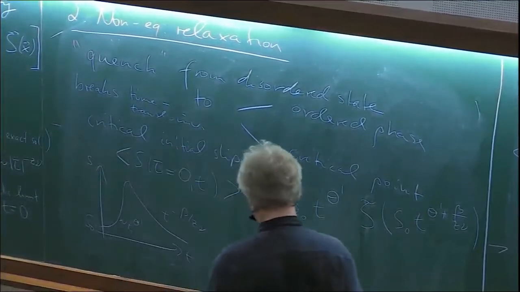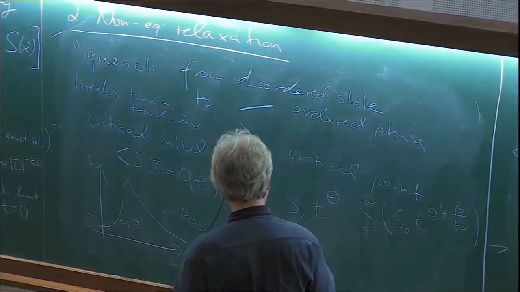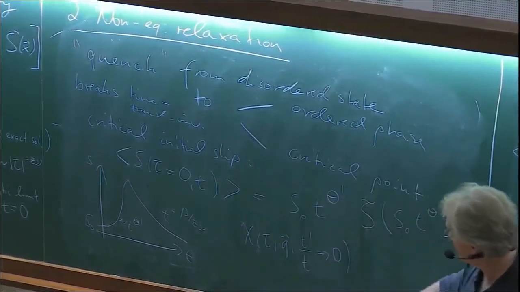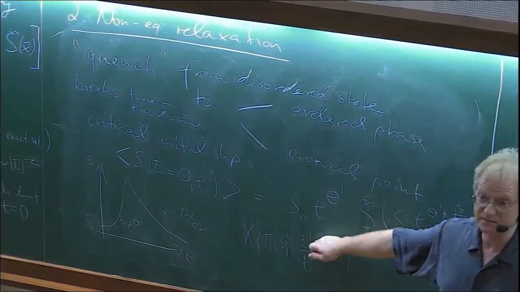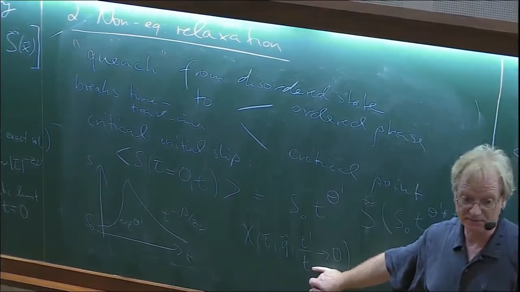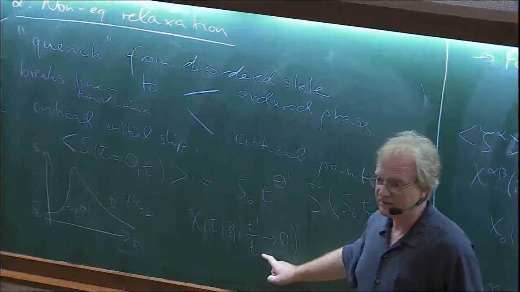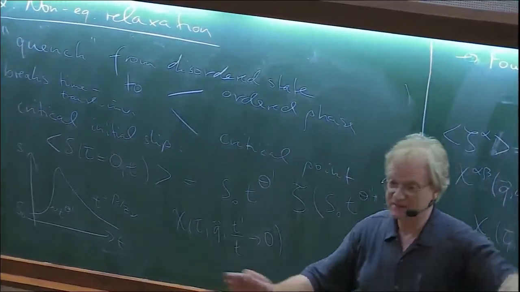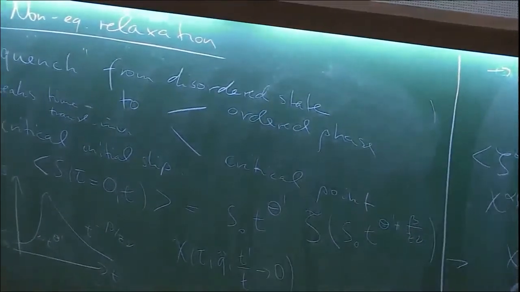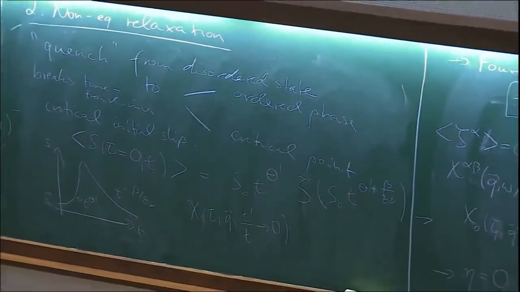And I can write down a similar issue, say for dynamic response functions. And so here we have 2 times. We are looking at first kicking the system at t prime, then observing changes in the order parameter at time t. Right? Because remember, this is causality, so we need to kick the system first and then observe it. And we're looking at the limit where both of these are large compared to microscopic times, but the observation time is much larger than this kicking time, which sometimes is called the waiting time, slightly confusing, because no one has waited for anything.